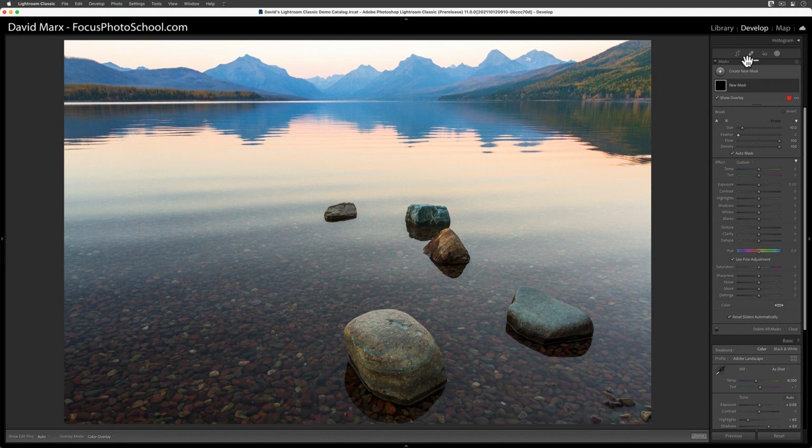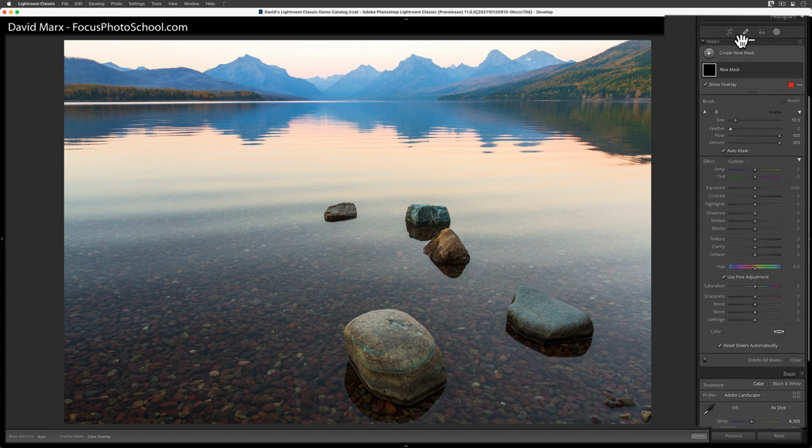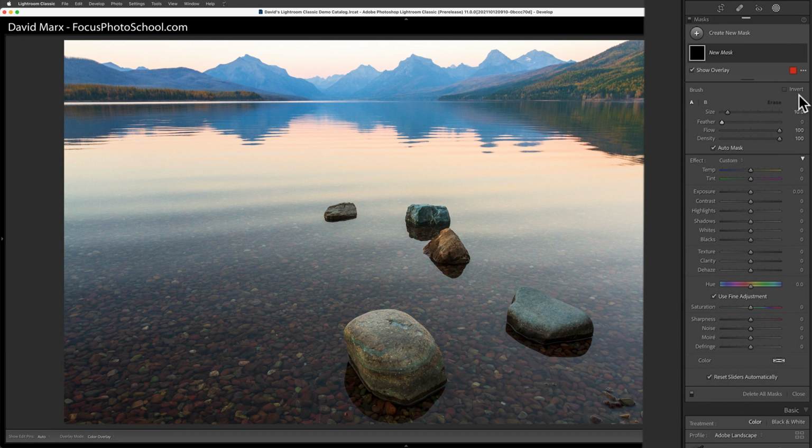When this panel is open, my goal is to tell the program exactly which parts of this image I want to change. And with the brush, I can literally paint over the areas of this photo where the changes should occur. For this demo, I'm going to set my brush up so it's a reasonable size, say about 10 pixels. I'm going to set the feather down to 0, the flow to 100, the density to 100, and I'm going to enable the auto mask option. I'm sure that these brush dynamic settings are a mystery for many of you, but for this simple demo, these will work just fine.